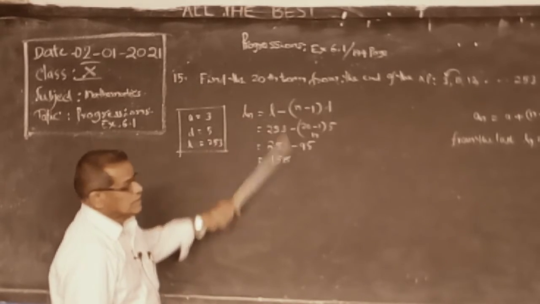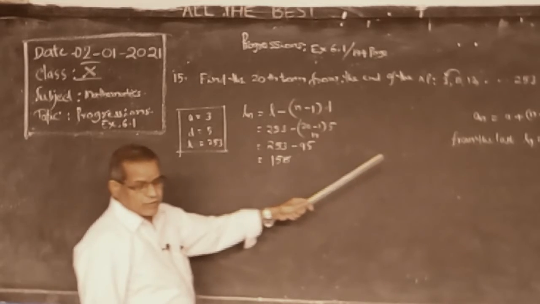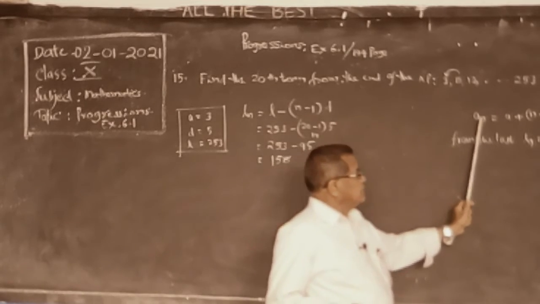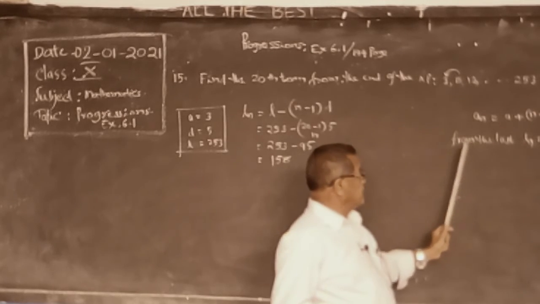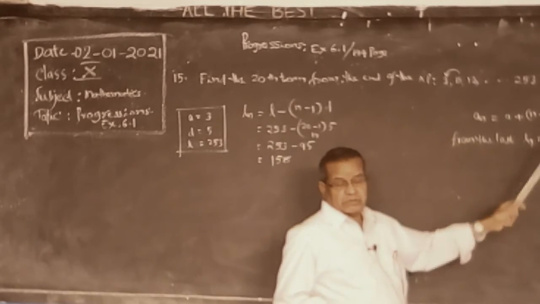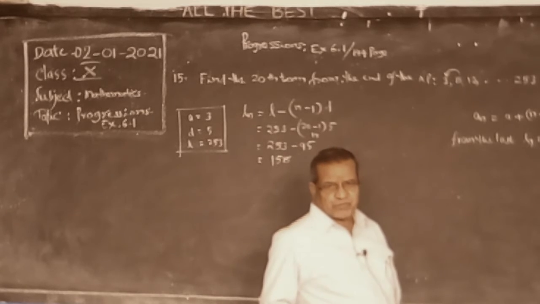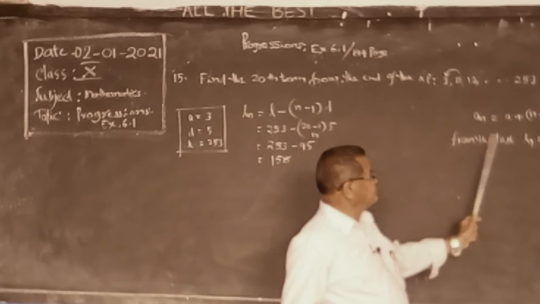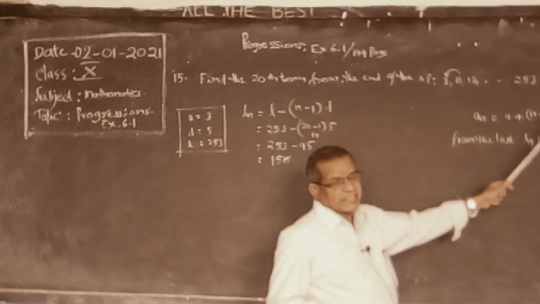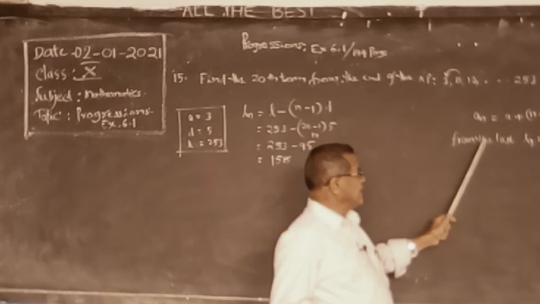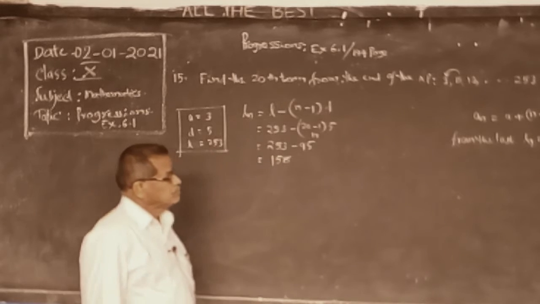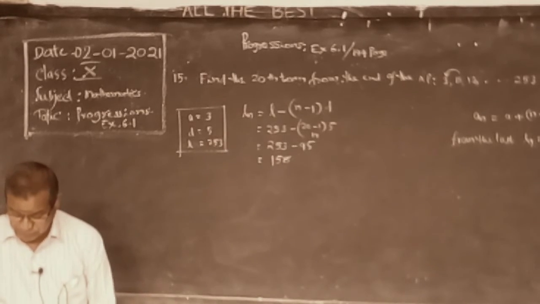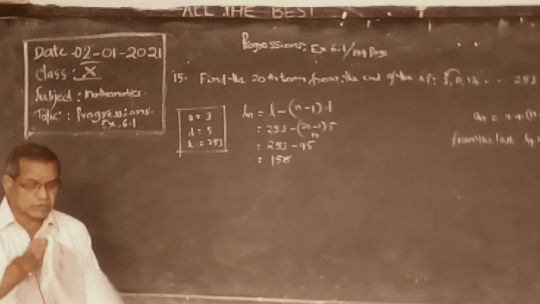This is just to change the formula. Nth term of the AP from the beginning, and the nth term from the last. Nth term from the beginning of the series, nth term from the last of the series. So n minus, that is the formula. Important, note it down.